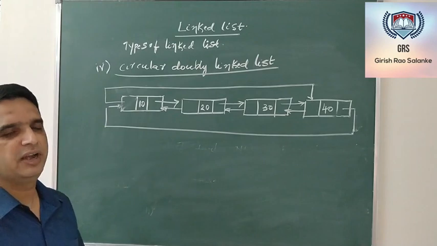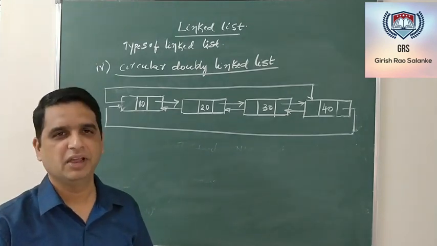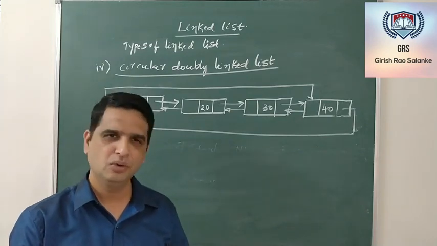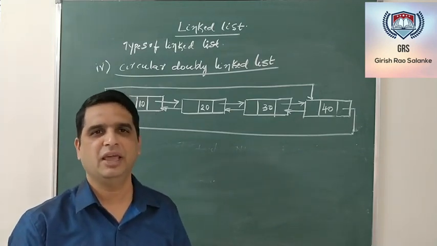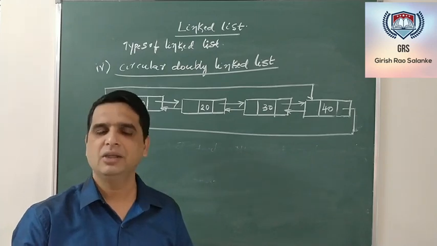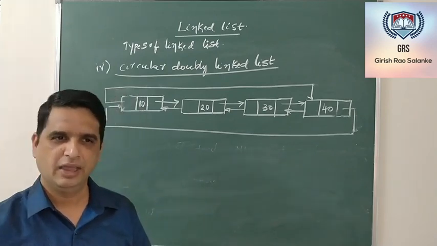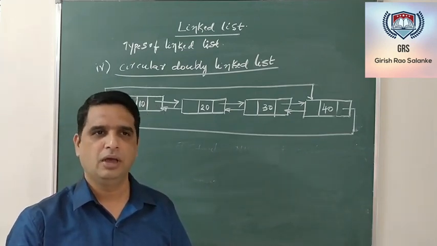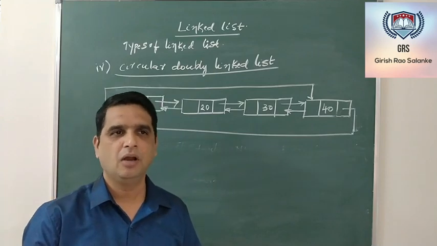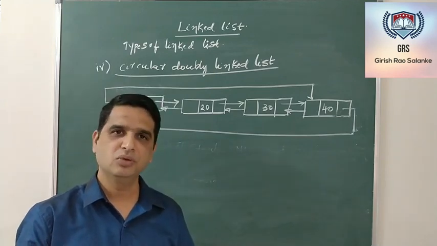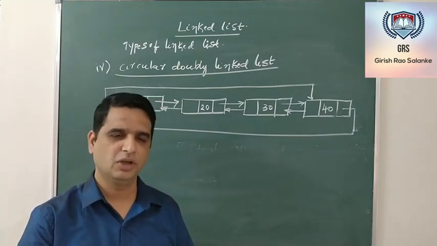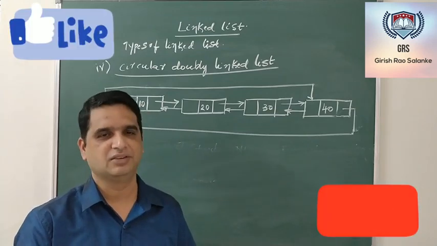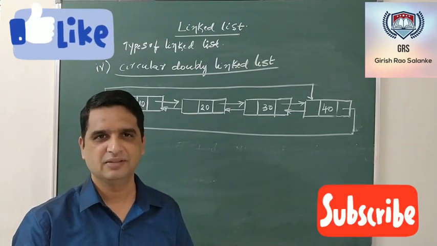Now this is about the different categories of linked list. Linked list has so many applications. One of the main applications is it can be used to implement traditional data structures, something like stack, queue, and so on. It can be used to implement a text editor. It can be used to perform addition and multiplication on polynomials. It can be used to represent a sparse matrix. Hope in the course of the next few videos we'll see what exactly is the application of linked list. Hope it is clear. Thank you.